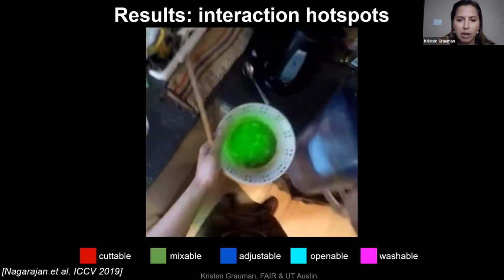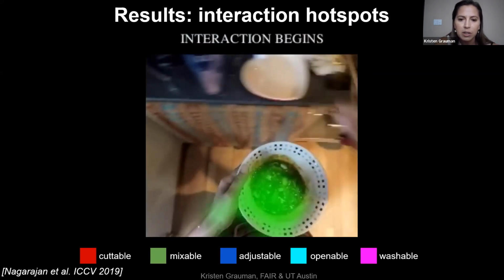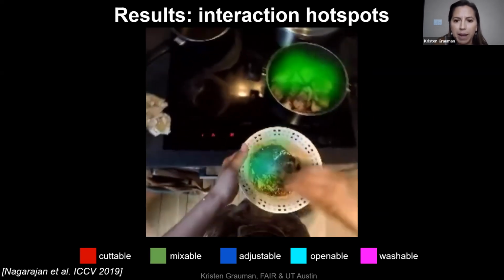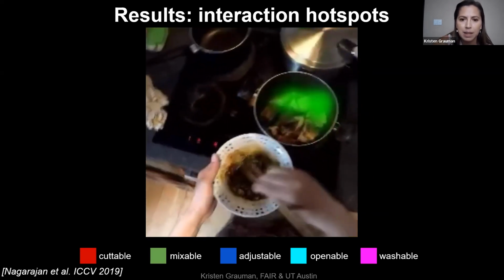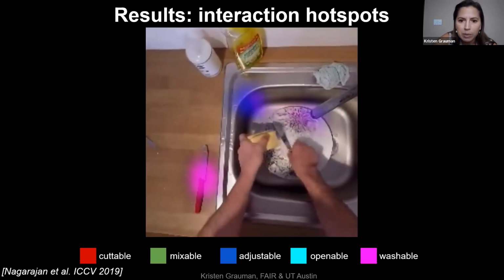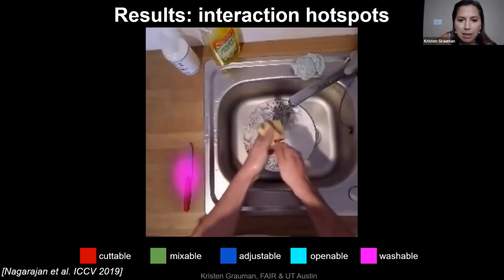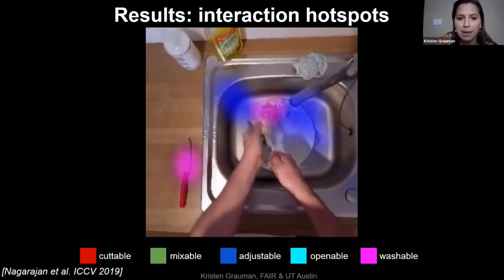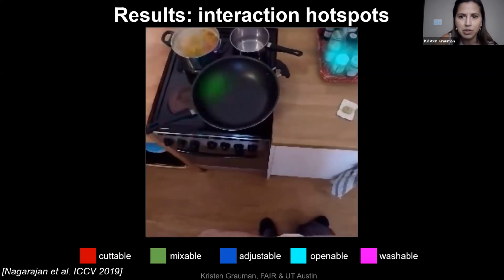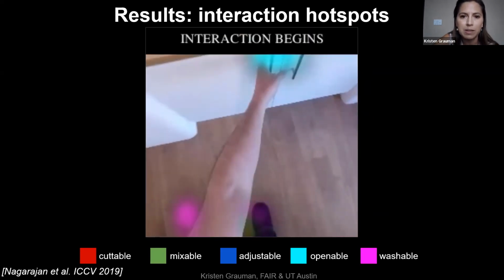And so first, let me show you what hotspots look like here for some of the most common verbs. You see color coding, like green means it looks mixable in the center of that bowl, but also the pot behind it. Here in this sample, we see that the knife looks washable, the faucet looks adjustable. And these are things that are anticipated even without the action happening yet, as you can see with the knife on the left. And then finally, here are some jars that look openable in cyan there. The door looks openable as well.